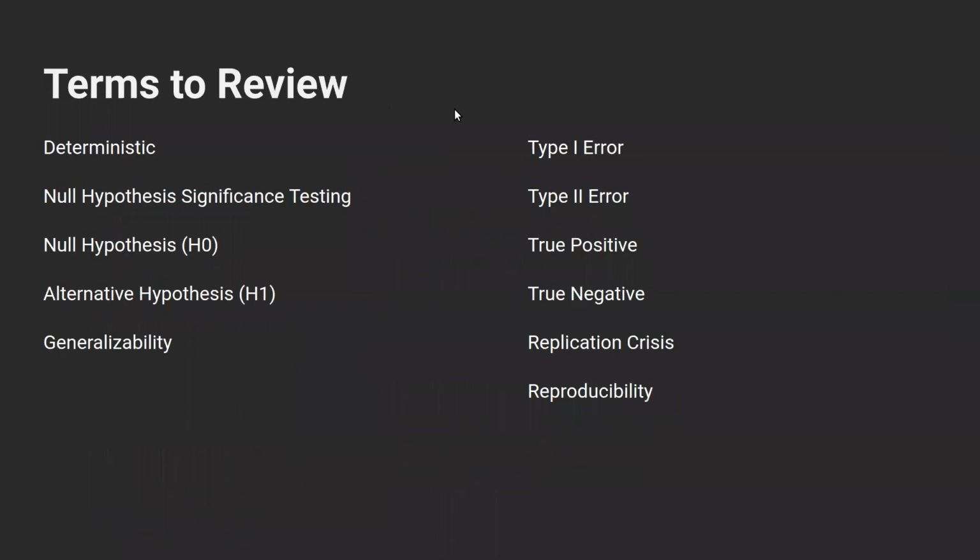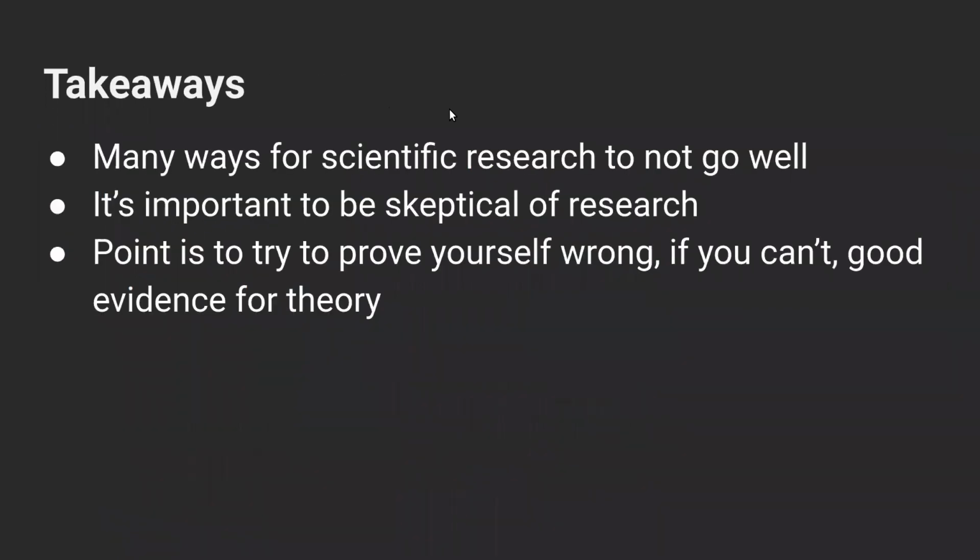But we have some terms to review here for the slides, and the larger takeaway from this whole lecture is that there are many ways for scientific research to not go well. We saw in this lecture how much you really have to consider simultaneously when you're thinking about doing empirical research, and how important it is to be skeptical of the research that you do and you will eventually read about. Your job, and the point of this, is to try to prove yourself wrong. And if you can't, I think that's good evidence that the theory and hypotheses that you want to investigate